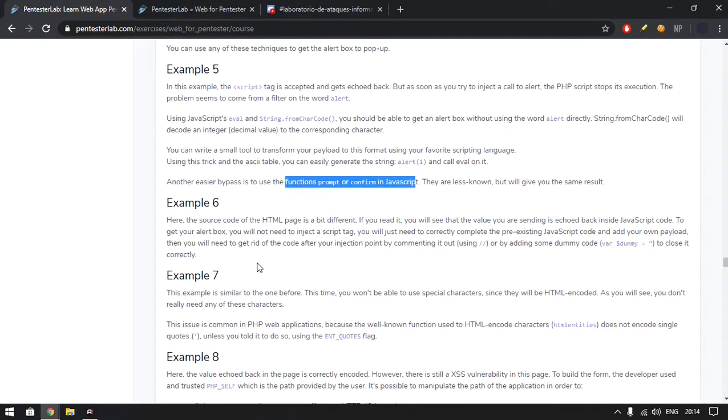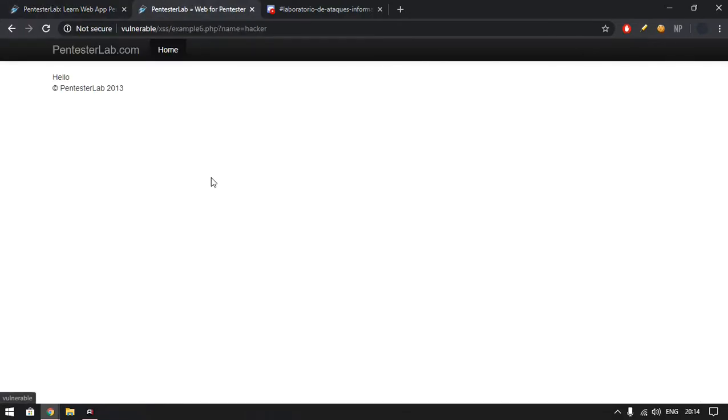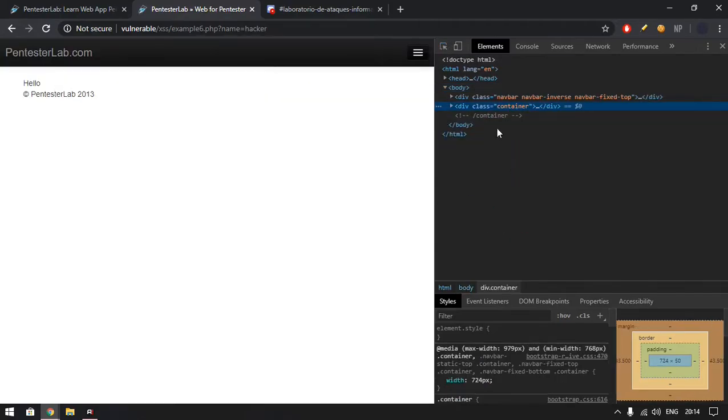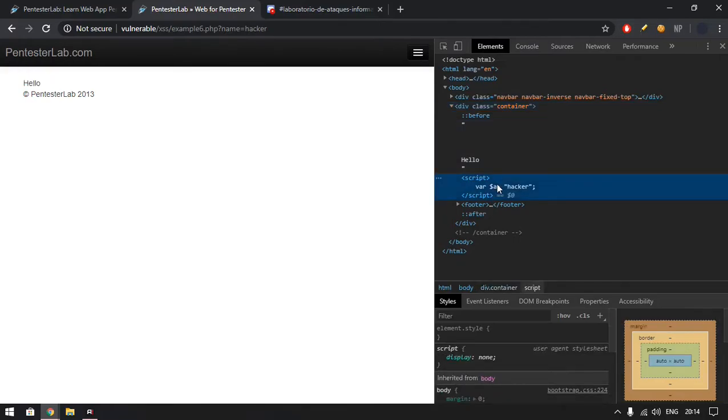Okay, now let's move on to example number 6. Example 6 says, here the source code of the HTML page is a bit different. If you read it, you will see that the value you are sending is a callback inside the JavaScript code. Okay, so let's check the source code. Let's check here, and here there is a script where in the URL name equals hacker, hacker will be assigned to the A variable. So we can approach this